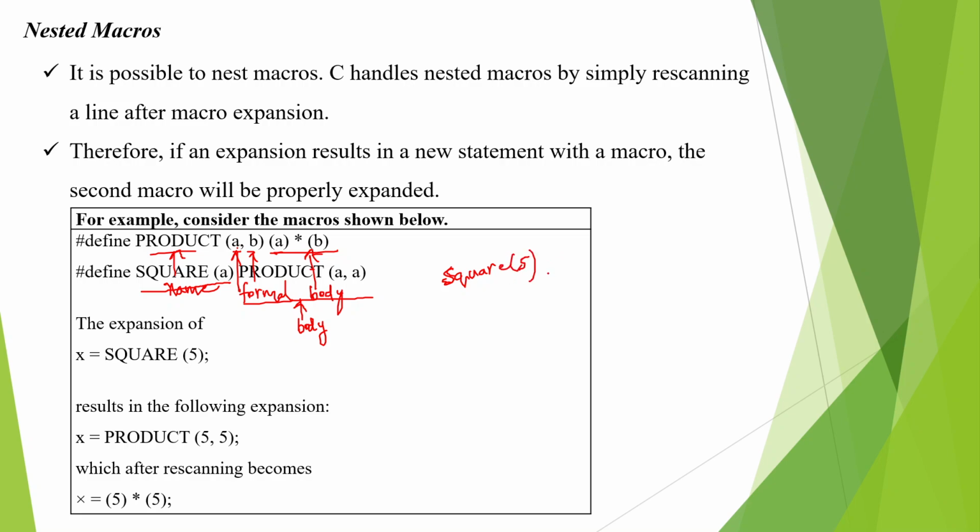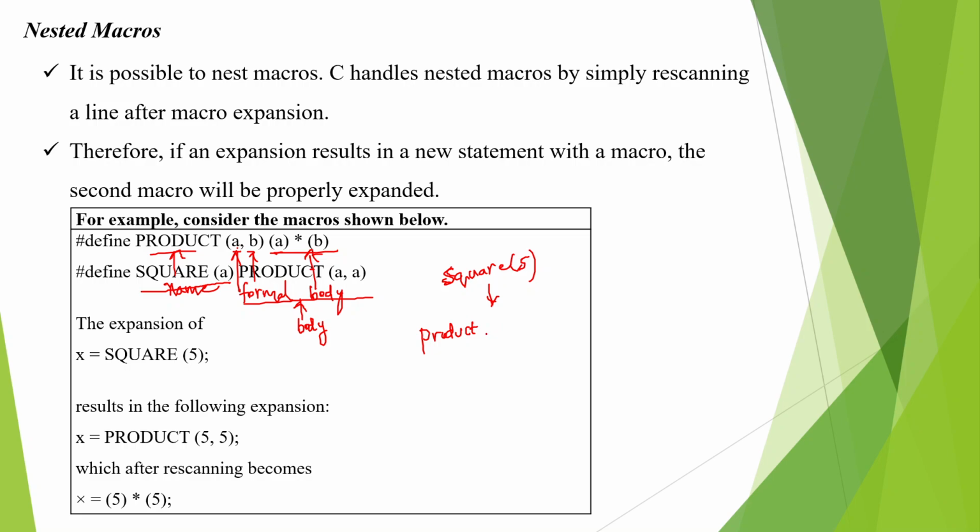So square of 5, when you are invoking, what will happen? First the replacement for the body of this square of 5, not the parameters. I'm not doing the parameters because it is a two-step process, we said. So first I'm writing the body replacement. Look, what is the body in square? Product